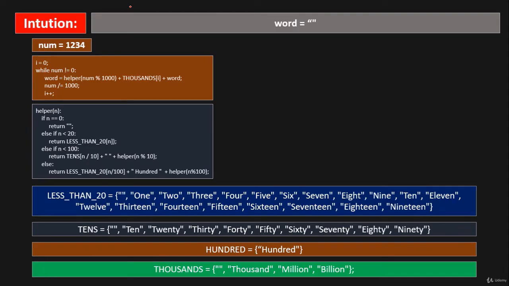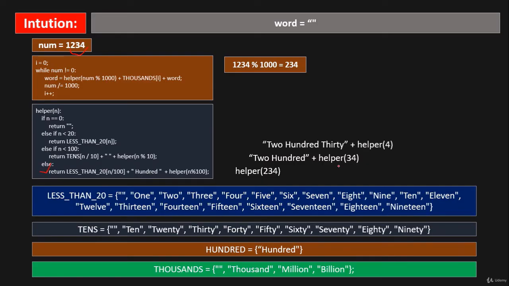If we're given num equals 1234, first we'll call this helper with 234. So we can get that by using this modulus operator. Then we'll call helper with 234. Then we have 200 plus helper 34 with the last 2 digits. And here we get 200 from this return statement, from this else statement. Then we'll call with this, and we get here 30 from tens using this statement. Then we're calling helper 4, and it will just return 4 from this less than 20 box, and we don't need this helper 0. So here we'll return 234 to this helper function call,